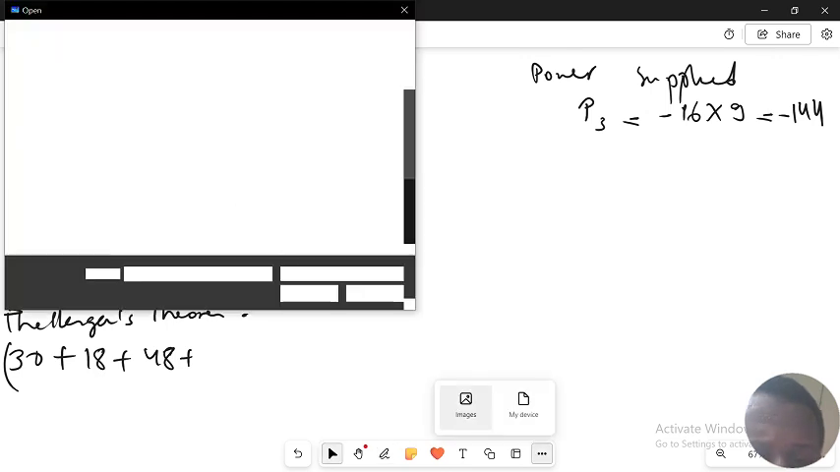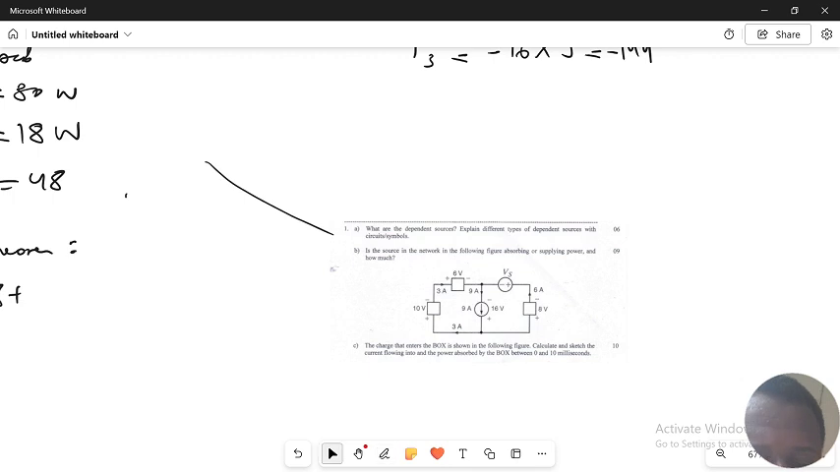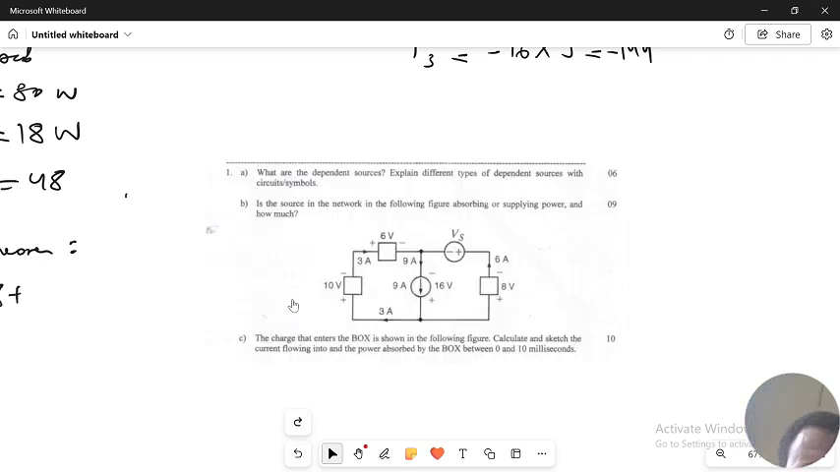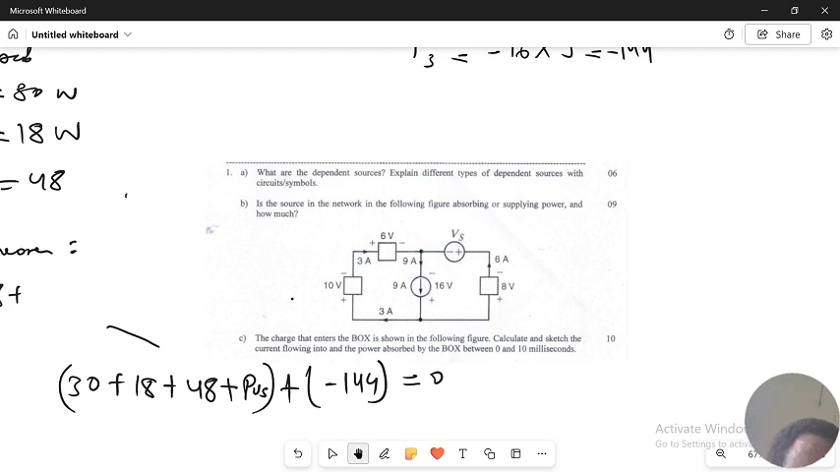equals 0. To determine PVS, I sum this: 30 plus 18 plus 48 is going to give me 96, plus PVS equals,